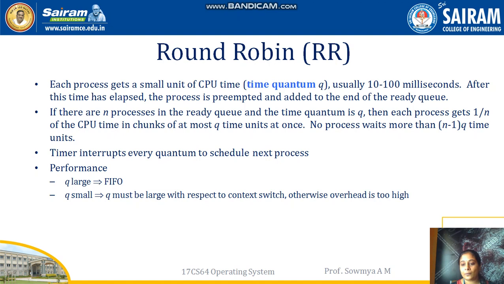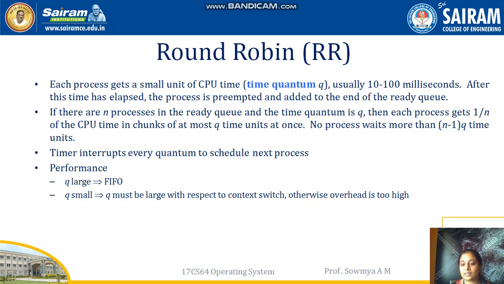Next method is the round robin method. Previously, in the other three algorithms, we have seen how you shift your process based on first come first serve, based on shortest job and the arrival time. The next one was based on the priority. But in round robin, instead of shifting the process, we use any one method of first come first serve or shortest job first or priority method, and we divide CPU time as a time quantum, and based on the time quantum, each and every process is given an equal amount of execution time.